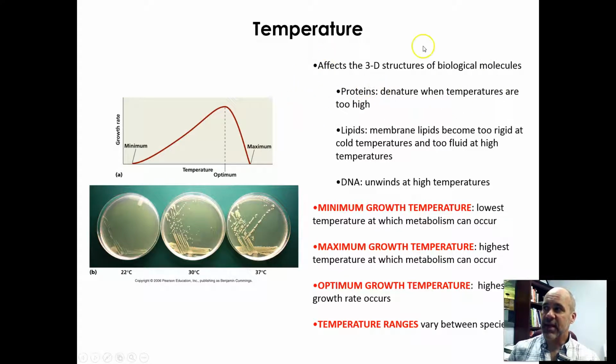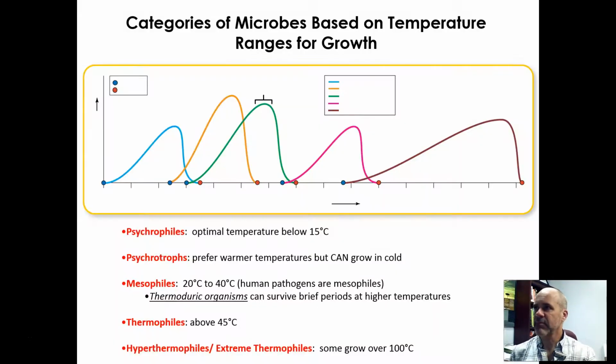And this, the denaturing of proteins, is why you see this very quick drop-off in how well an organism grows as you go above the optimal temperature. Because if all your proteins are nice and folded up optimally at 37 Celsius, let's say here, if you go just a few degrees warmer than that, they pretty quickly begin to unravel and lose their function.